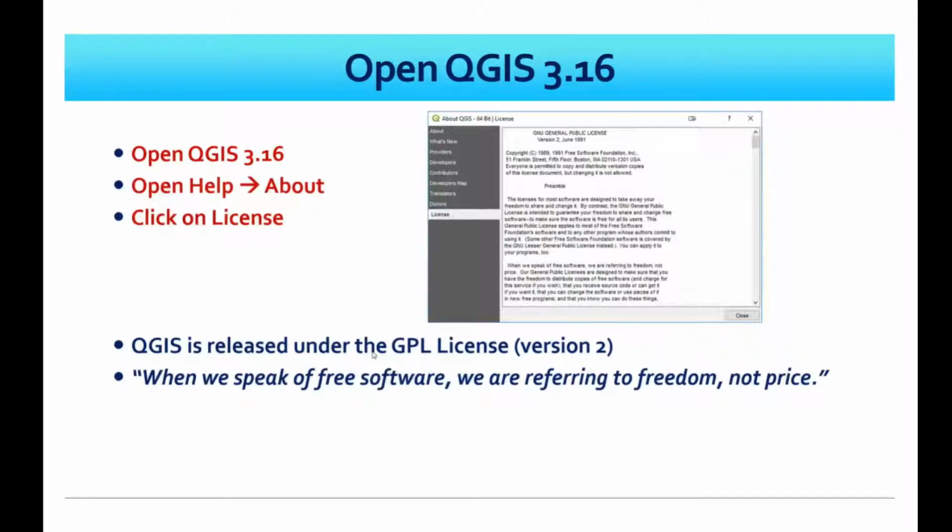So we are going to be using QGIS 3.16 in this course. As of the recording of this video, 3.16 is not out yet, so I don't know what the actual name is. But if you've already installed QGIS,